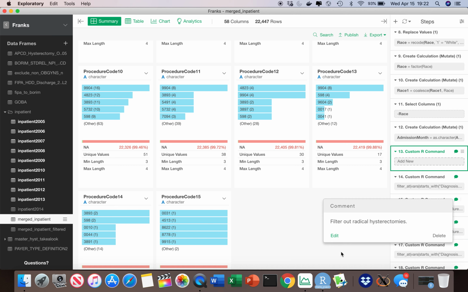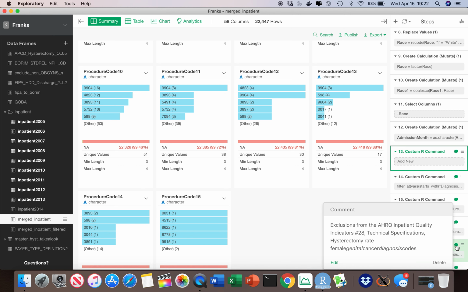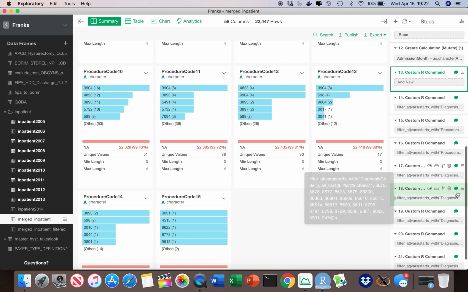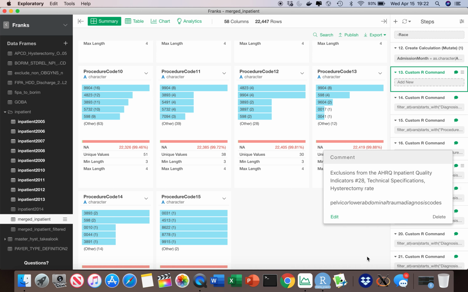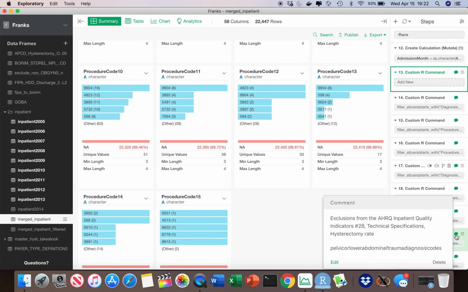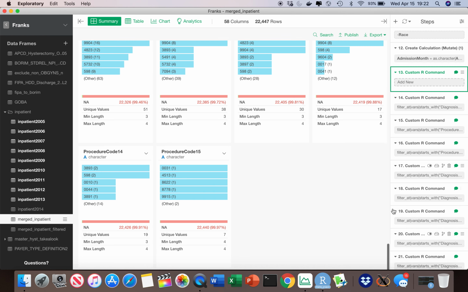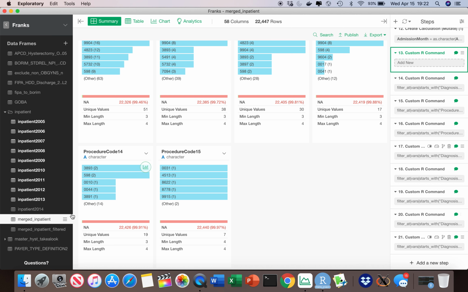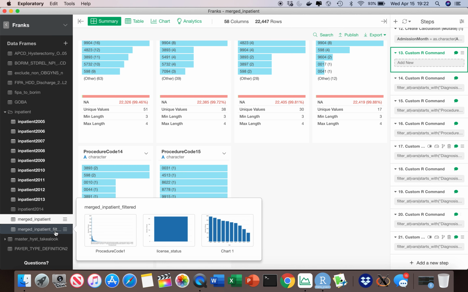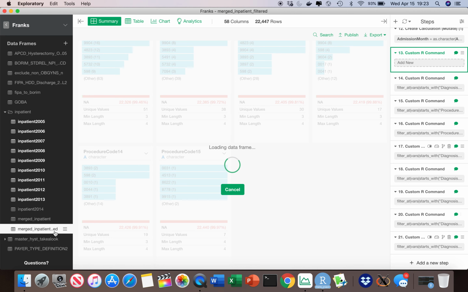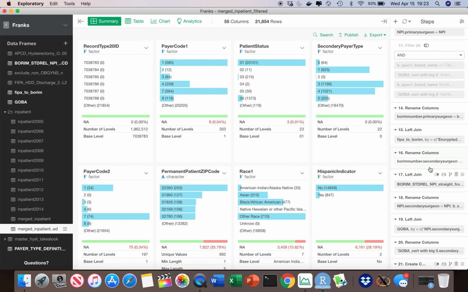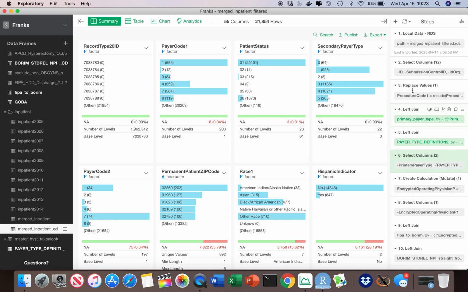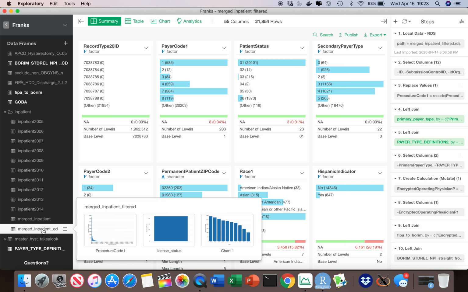This is more exclusion: I took out the radical hysterectomies, and took out the female genital cancer diagnoses. Again, the trauma. This looks like it's a little bit repetitive here, and then trauma, trauma, trauma. Okay, so then I exported that file just to save it as a point in time, and brought it back into this file called merged inpatient filtered,